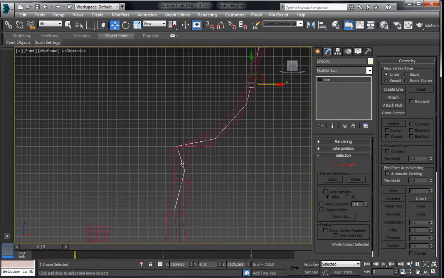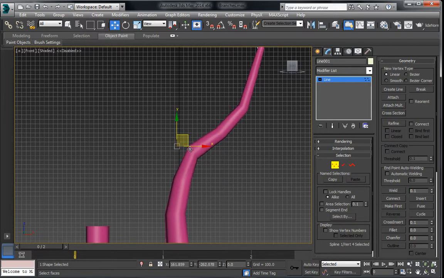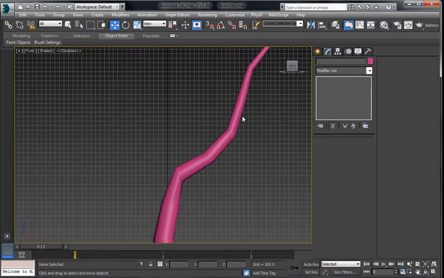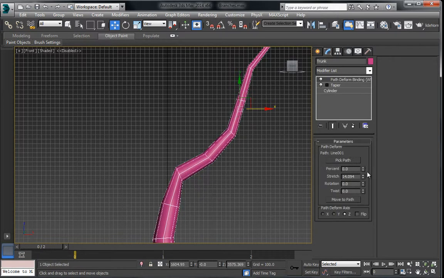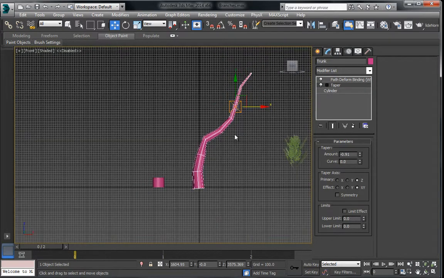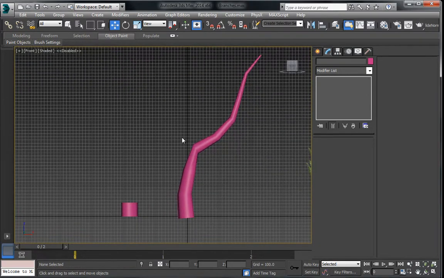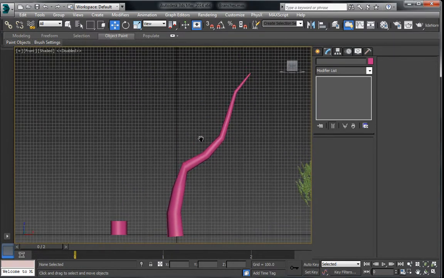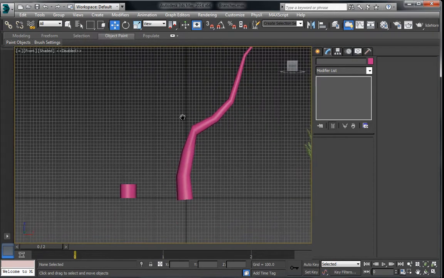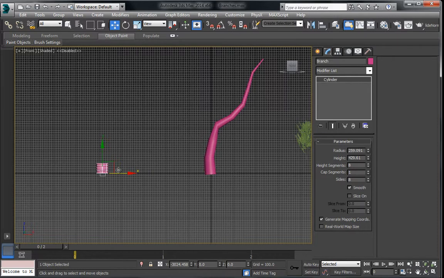And we can go back to here and deal with a little issue there. And we can just keep going backwards and forwards and changing these values. So I'm going to change the taper amount so it's a little bit more tapered. There we go. And so you can see that this is how we built up the base of the trunk here. So what we need to do now is I'm going to duplicate this,